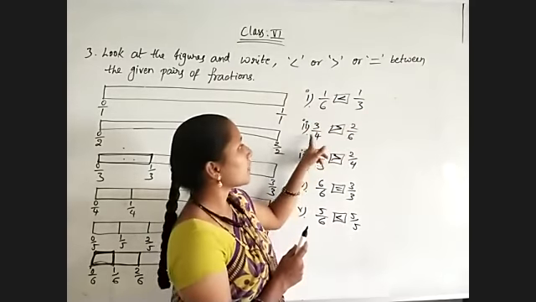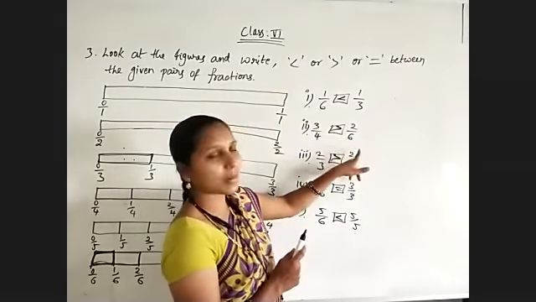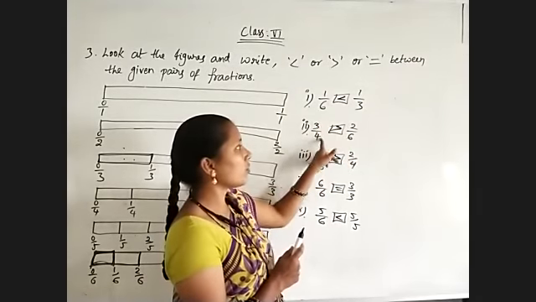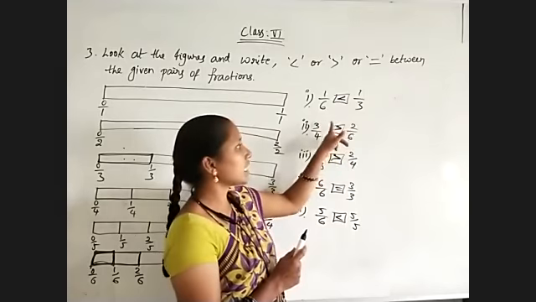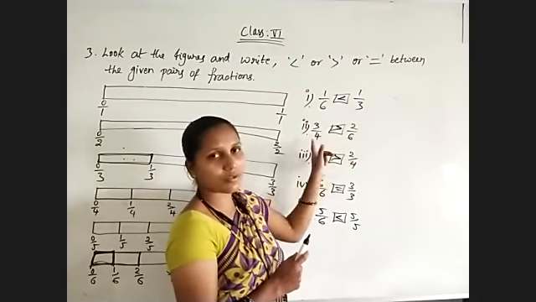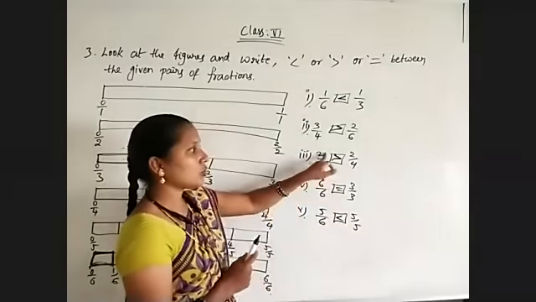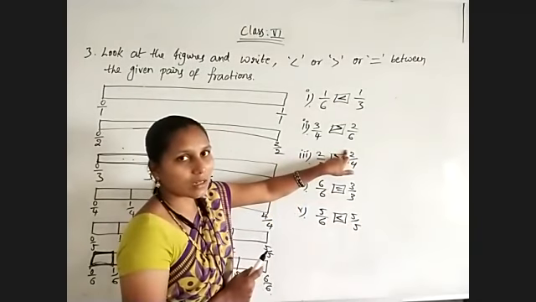That's it. Coming to 3 by 4 and 2 by 6. Both are unlike fractions. Go through with cross multiplication. 6 threes are 18, 4 twos are 8. 18 is more than 8. And denominators will get 24, 4 sixes are 24. Okay. Coming to the next one, 2 by 3 and 2 by 4. Numerators are equal. So lesser denominator